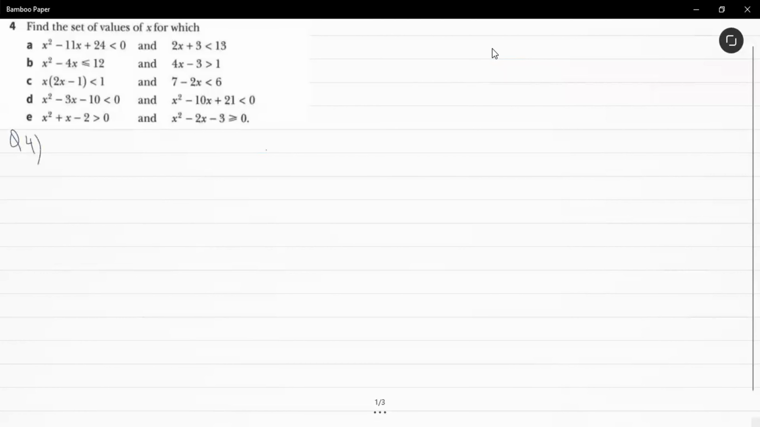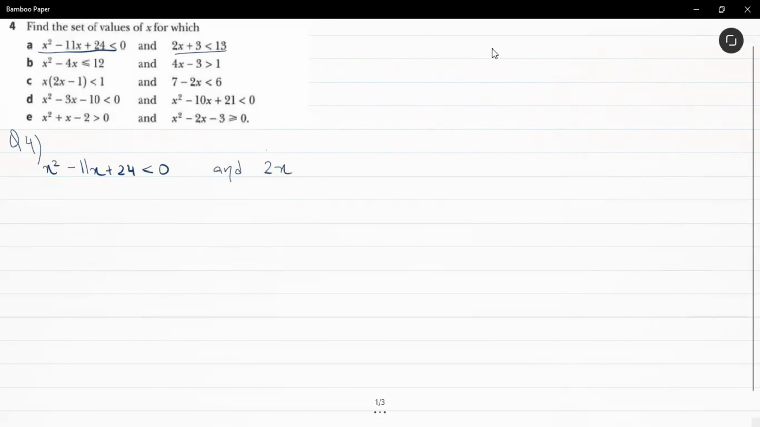Okay, so they've given us two equations, and they've told us to find the set of values for x for which both of these equations are going to be satisfied. So let me just solve both of these equations first, and then I'll explain why it's really important to solve them simultaneously. Okay, so x squared minus 11x plus 24 is less than 0, and